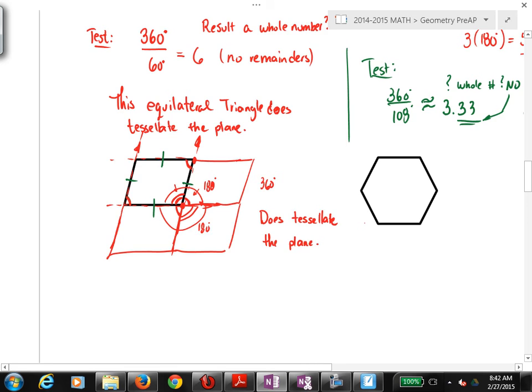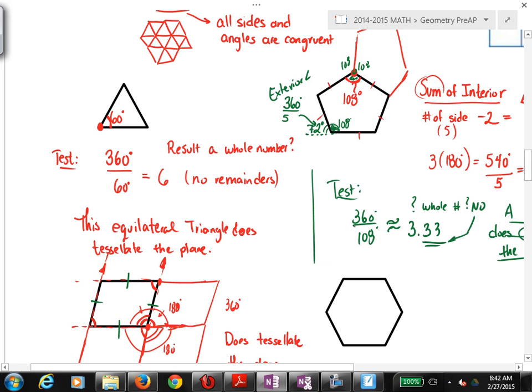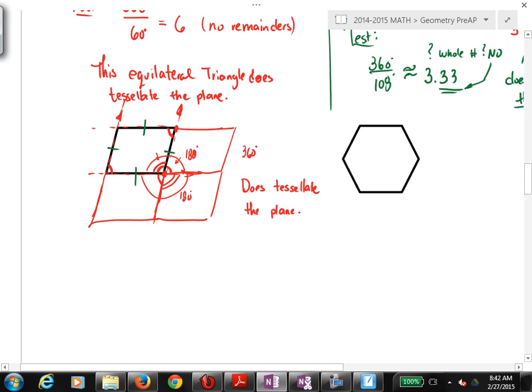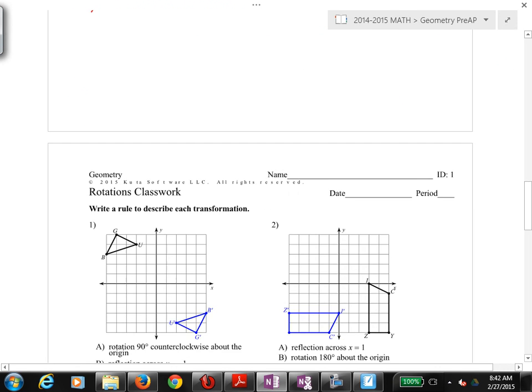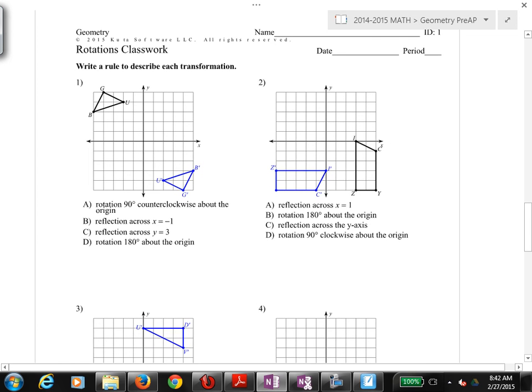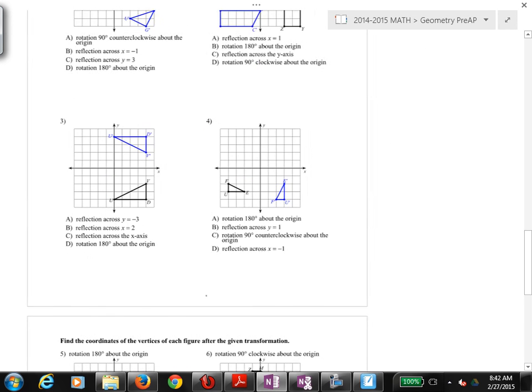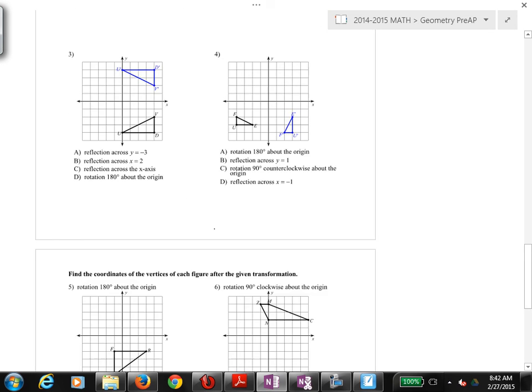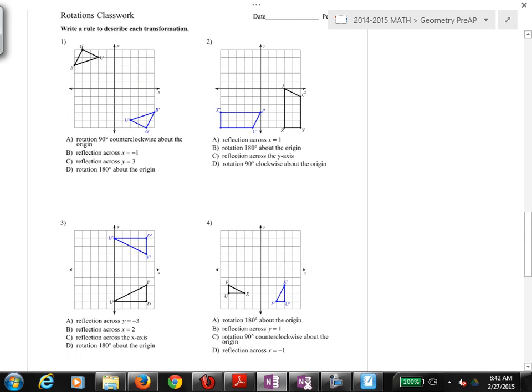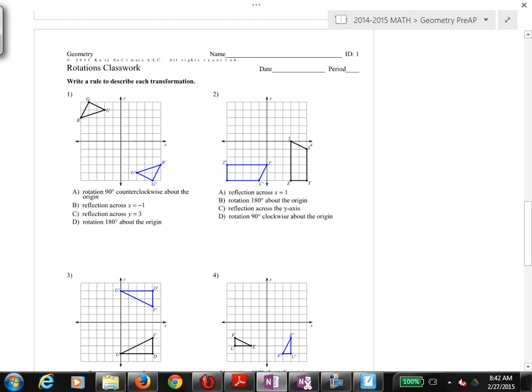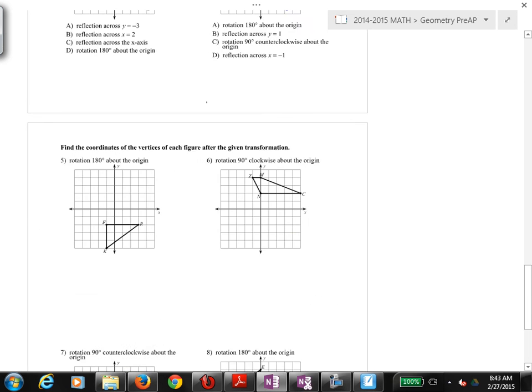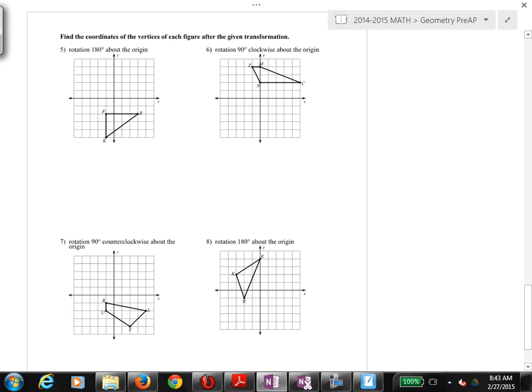Okay. So this example on the hexagon, you can do like we did the previous two examples, but this one required a little bit of those properties of the rectangles, or not rectangle, I'm sorry, the rhombus. So try the hexagon, and then we will look at the classwork, which is going to be the rotations. So as soon as you are done with that example, then go ahead and go through the classwork. It's 8 questions. We will go over these at about 9. I should give you plenty of time. That's 20 minutes, 8 problems, okay, more or less about 3 minutes per problem. But some of them might take you less than